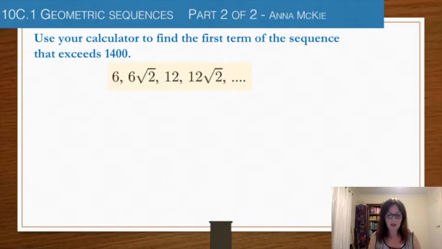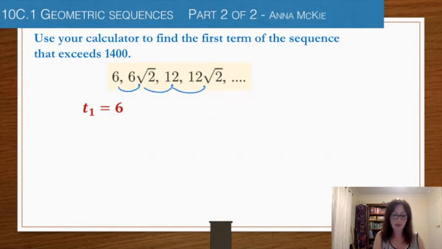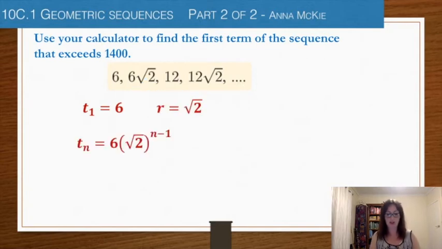Last one, I think, using your calculator to find the first term of the sequence that exceeds 1400. So to be able to work that out, you need to define your sequence. Our first term is T1, and then we need the ratio. How do you get that? You look at the difference between these. So if you divide the second term by the first term, what are you going to get? Square root of 2. We can now construct our formula, our explicit formula,